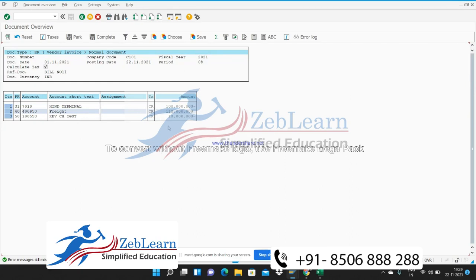Now it is calculating correctly. 1,18,000 is our freight expense which is booked. This GST is charged to your expense account, and 1 lakh rupees is the lesser amount which we are paying to Hind Terminals. So Hind Terminals will be giving us the 1,18,000 rupees invoice, and we are paying him the lesser amount after deduction of the GST amount from his invoice.